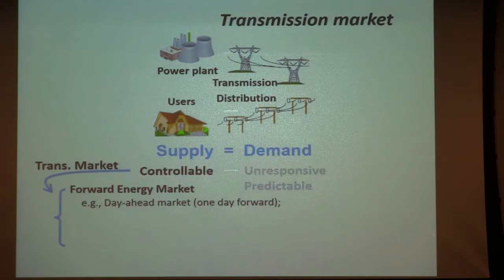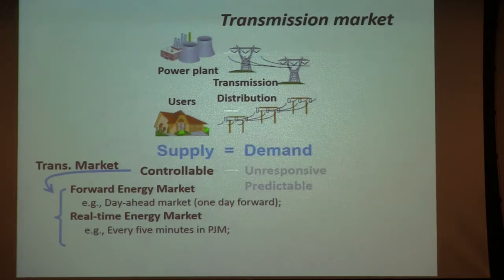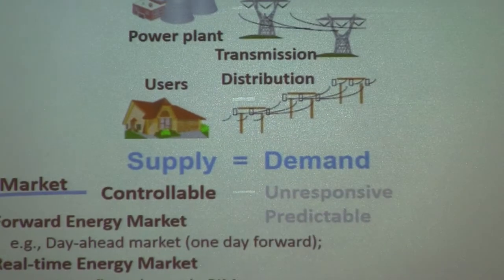Before the next day, the ISO gathers all the information from different power plants and decides how much generation is going to be generated, using predictions. That is the forward market. Then there is the real time market, because sometimes people change their minds, there is flexibility from users that is not predicted by the day-ahead market, and sometimes a power plant will fail. A real example is PJM, where every 5 minutes you get information to do the rescheduling again. So these are the different time scales.